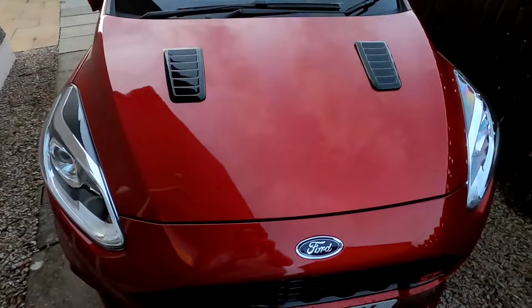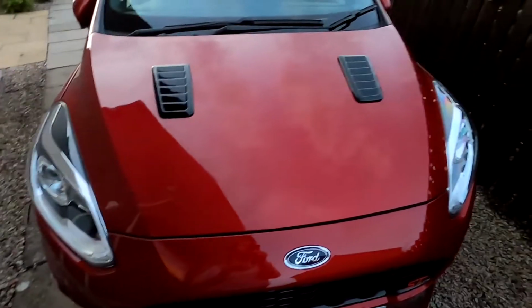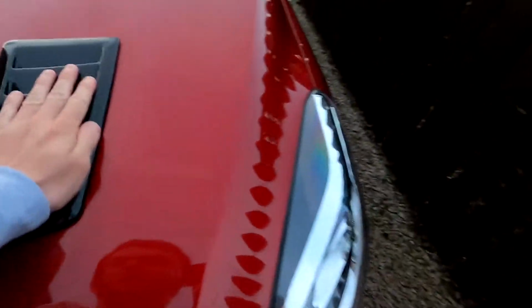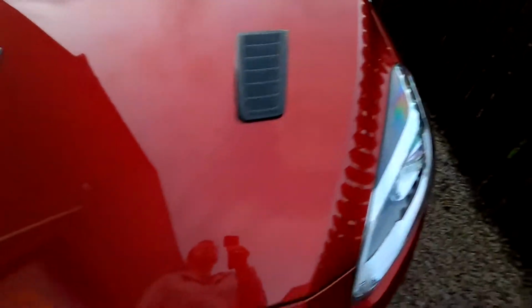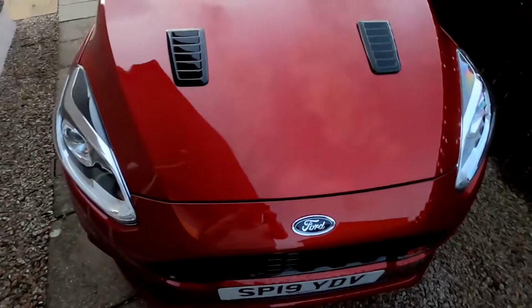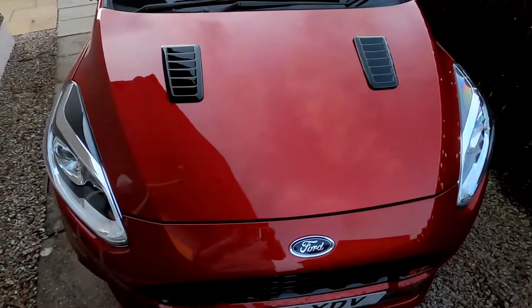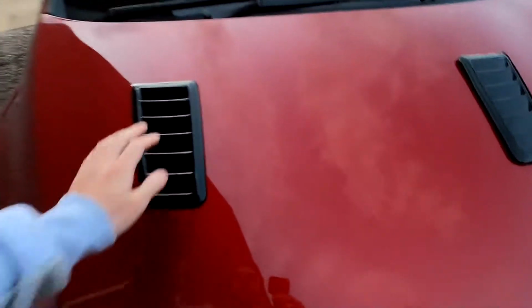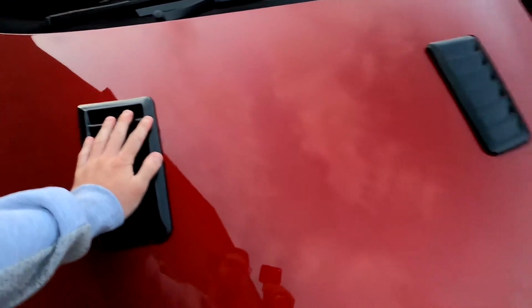About half an hour to an hour ago, I put these bonnet vents on. I tried to look for bonnet vents. So far I've put these sticky on ones, but the only thing is, if you can see here, they're sticking up by like half an inch, because the ones I bought didn't come with tape, so I had to go to a store and buy some tape and just layer it over and over until it went near enough to the surface and hope for the best. I've not driven with them on yet, but